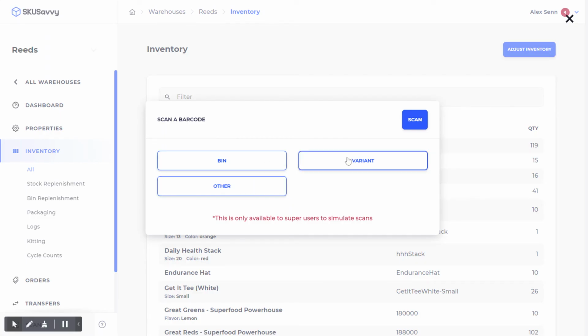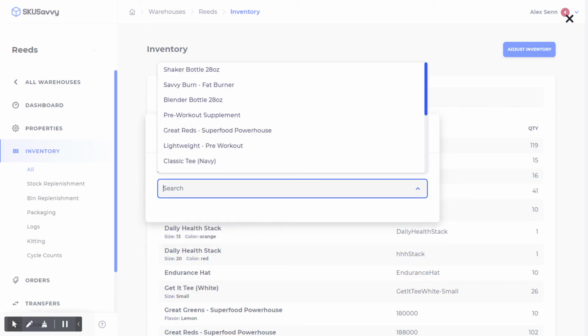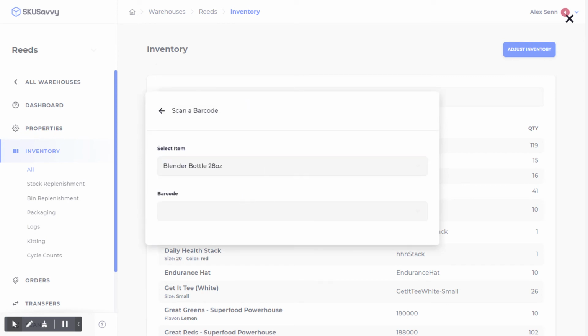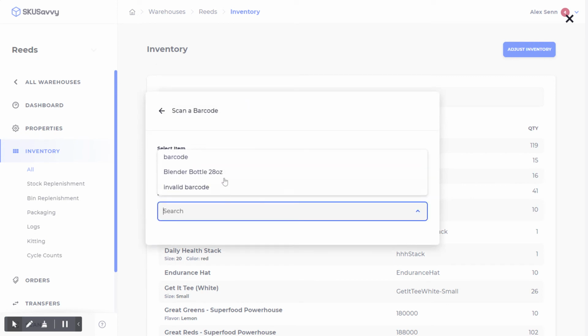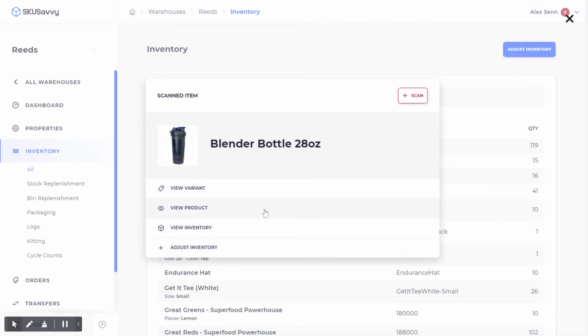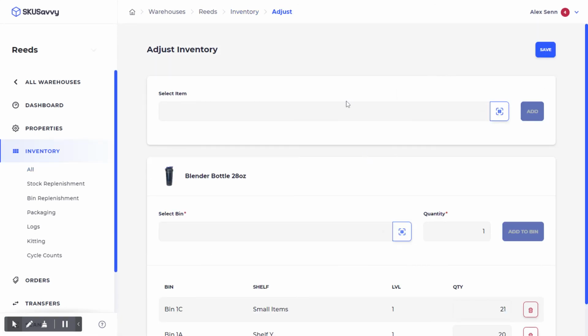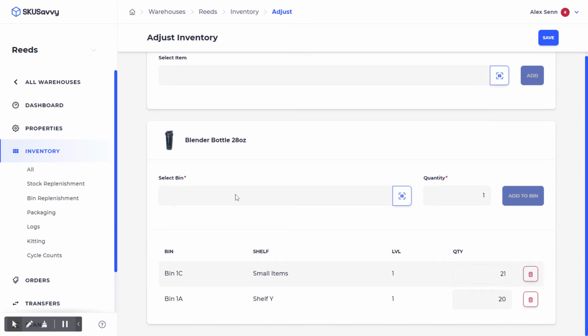So let's go ahead and we'll scan. This is something for our super admin. So this mimics a scan. So this is going to act as if we just scanned this product. And now I want to make an inventory adjustment. So we'll do adjust inventory. So now this item that I just scanned is automatically selected, and I can go ahead and scan the bin